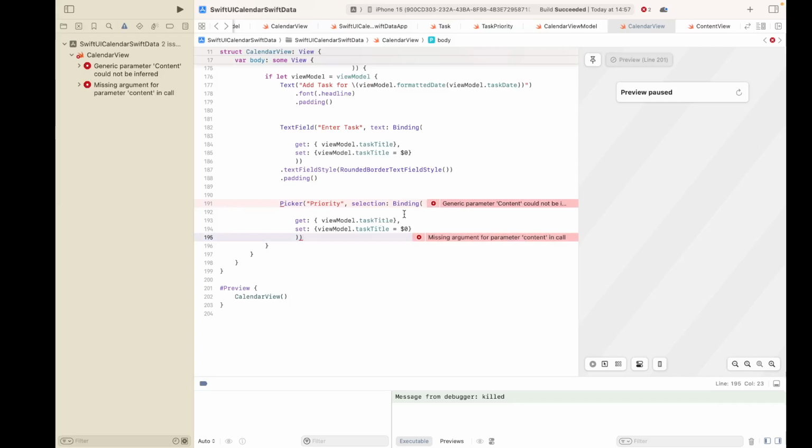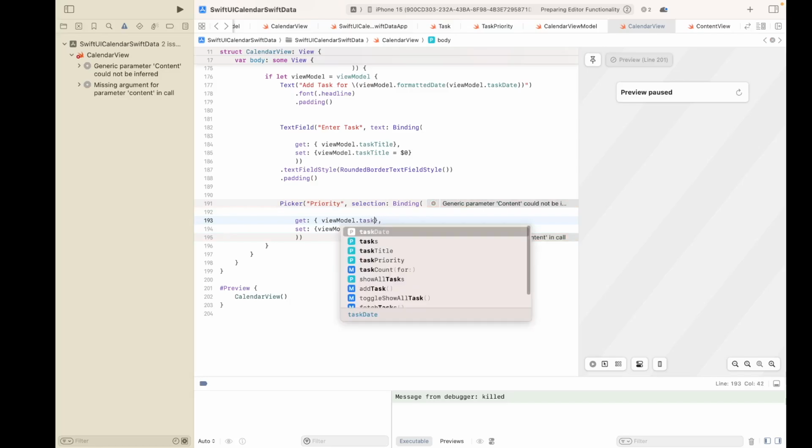So that should be picker priority selection binding, and then the property should be task priority,